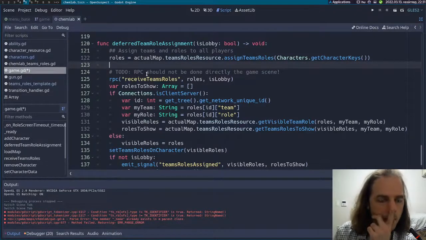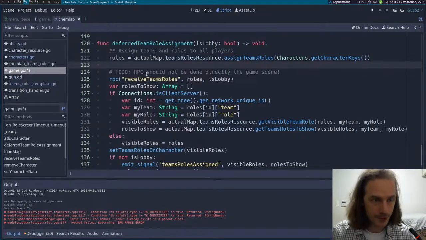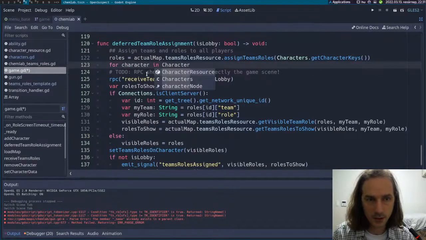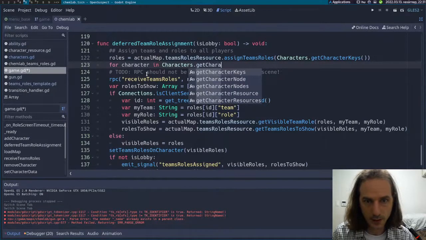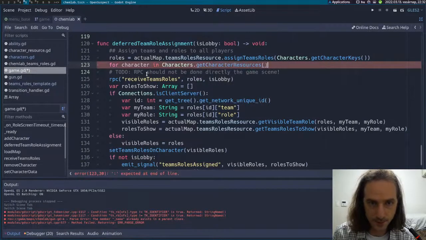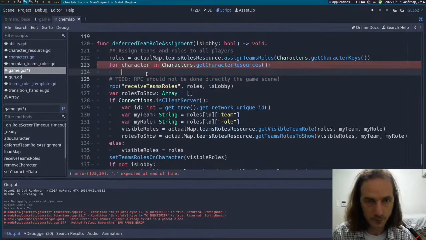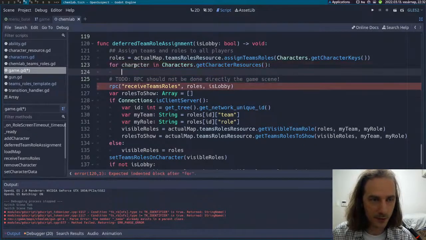So we need to get, so here we should just do something very simple: for character in characters dot get character resources. So here the character will be a character resource, and what we could do is